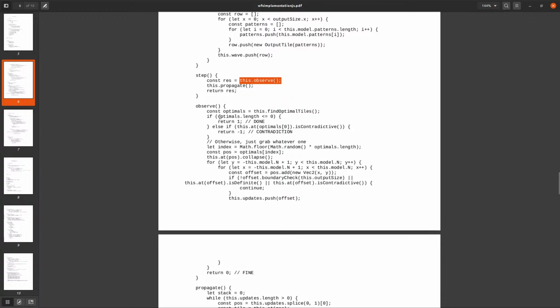So, if neither of these are met, then you're going to pick one of these optimal tiles, pick a random number, grab it, collapse it. And this is another place I don't really like JavaScript, because ownership is kind of unclear here. This at... oh no, I guess that's fine. Yeah, so anyway,